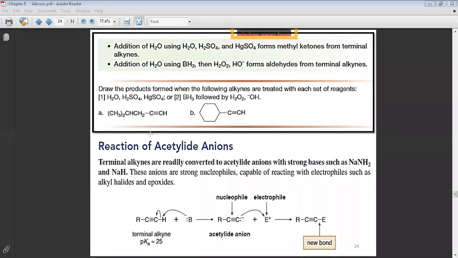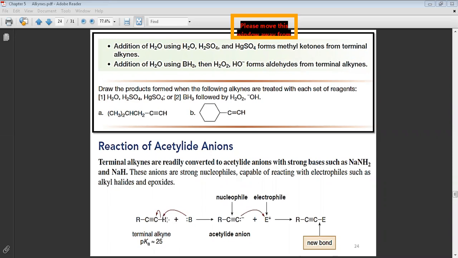Resume meeting. Okay. Reaction of acetylide anion. Terminal alkynes are readily converted to acetylide anion. Now, what is meant by acetylide anion? We know the acetylene. This is the acetylene. Now, in the acetylene, the hydrogen bonded on the triple bond carbon is an acidic proton, acidic